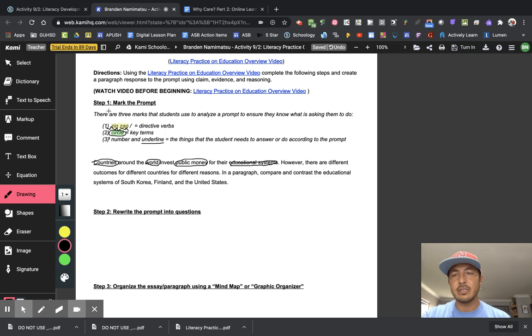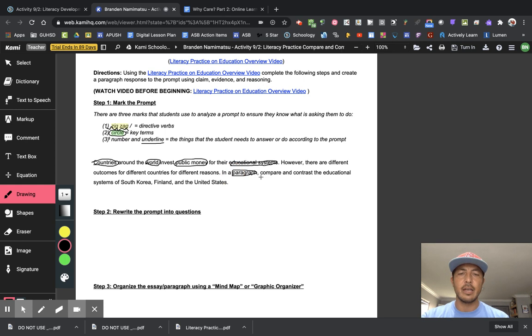Notice I have not yet seen any directive verbs. And because I haven't seen any directive verbs, I most likely won't have any underlines either yet. They usually go together, and you'll see that in a second. However, there are different outcomes for different countries. We already circled countries, so I'm not going to circle it for different reasons. There's not much I'm going to circle there. In a paragraph, okay, I'm going to circle paragraph